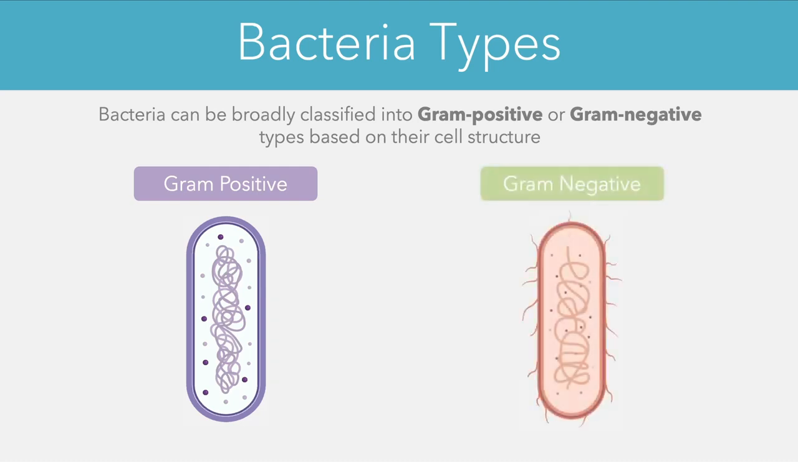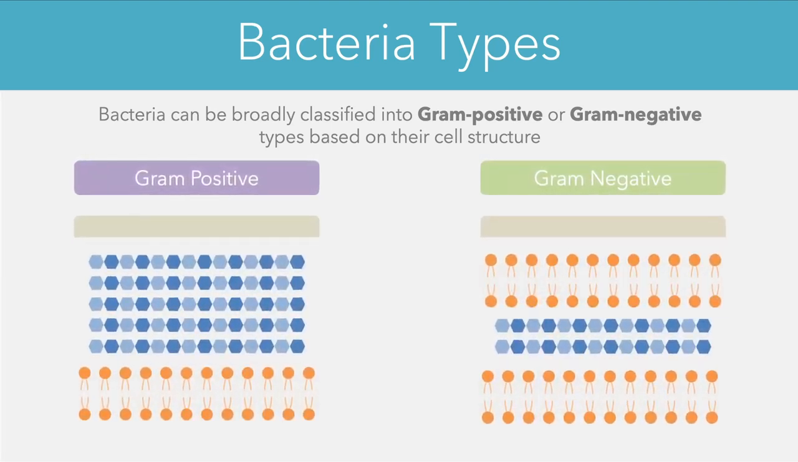And the main difference between both groups is that they both have different cell structures, and more specifically different outer cell structures that are unique to each group. If we take a closer look at these outer cell structures, we can see the differences in more detail. First of all, you can see that both gram-positive and gram-negative cells have an inner cell membrane, which is composed